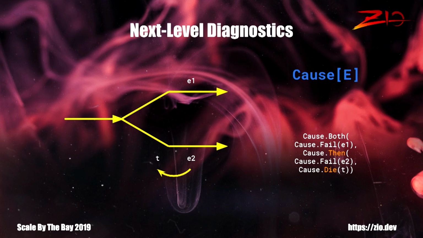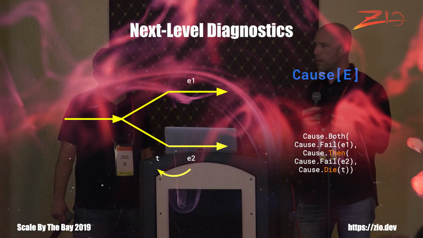So ZIO says, no, this is not a great state of affairs. It introduces this new data type called Cause, which comes from functional programming. It's a free semi-ring. And what it does is it allows lossless capture of 100% of all errors in the events of a failing effect, whether they're async or concurrent errors. And so it captures the E1, it captures the E2, it captures the finalizer error as well inside this data